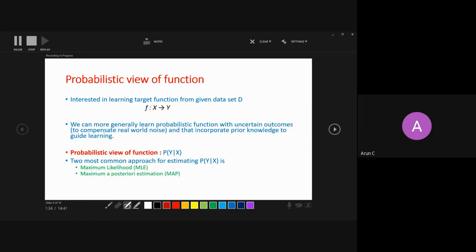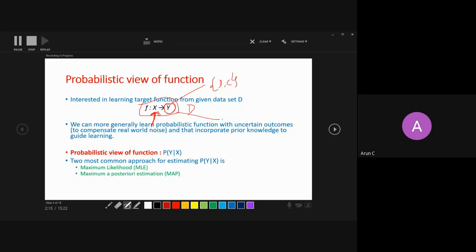Okay. I told you that the idea of machine learning is to find out a true function, right? That true function can be like this: you give me an image, and I will tell you whether this image has a dog or a cat. So it is a classification problem, a discrete function. For a given image, I will label it as a dog or a cat. So Y is a set having two labels, dog and cat. This is a classification problem. Or, given X as a qualification, you have to tell what the salary of a person is.